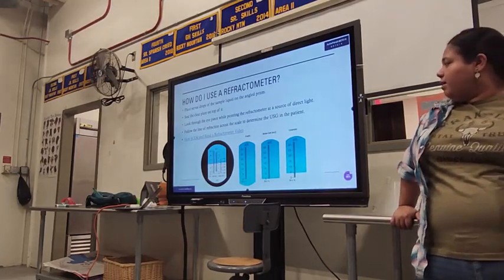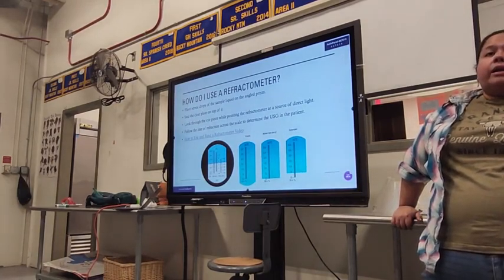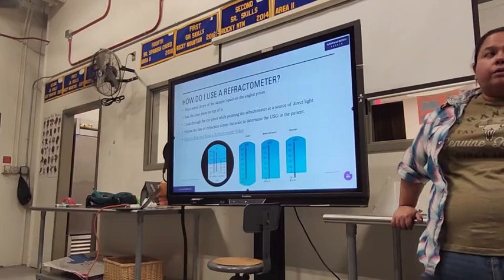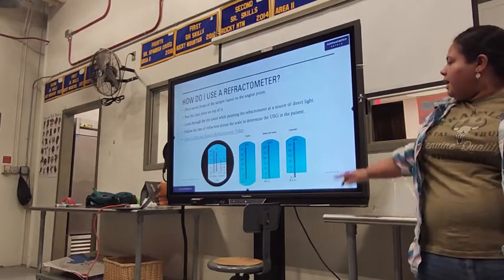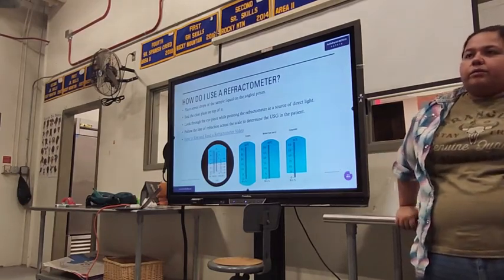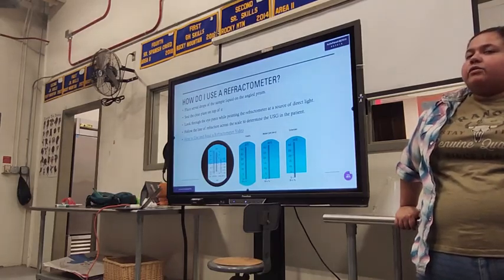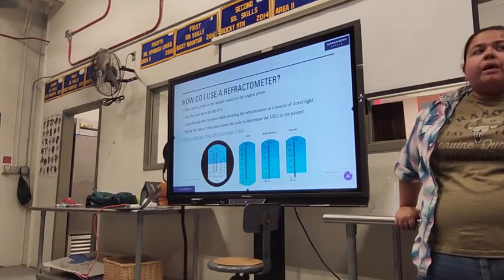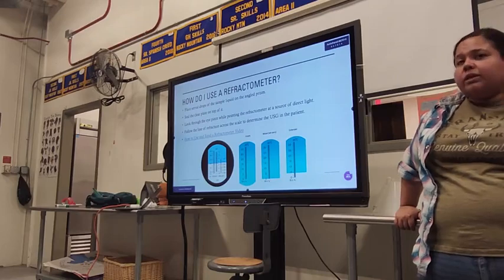Once it's at that 0 line, then you're going to add in your urine, or the urine, not yours, okay? And it'll raise that level, okay? And it'll give you a reading, and that's where you have to make the best educated guess, because those hash marks are really hard to